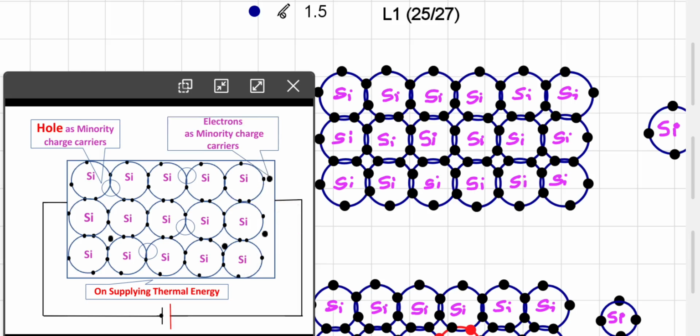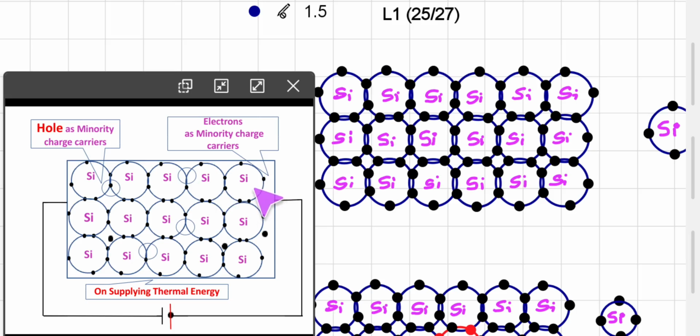So here we see that these electrons act as minority charge carriers. Now when we apply voltage, you see the electron flow is there, and these electrons are entering, which actually apply force on the free electrons, and the free electrons move and some current can flow. But remember that in pure semiconductor, these free charges are very, very small.